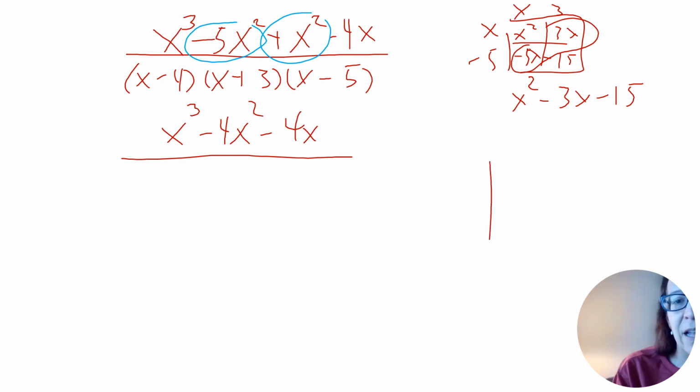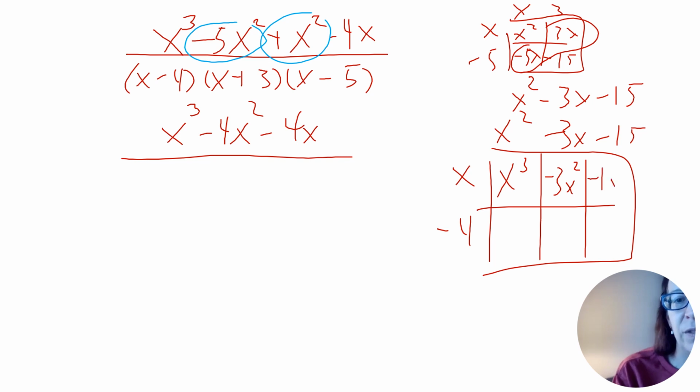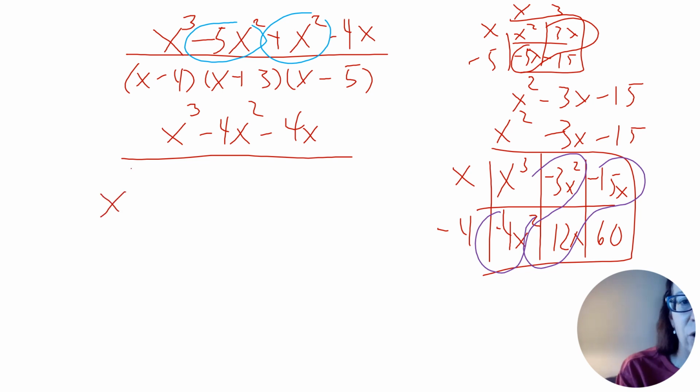And then I'm going to take that, and this is where it's so much fun, multiply that by the x minus 4. And so that's going to give me x to the third minus 3x squared minus 15x, negative 4x squared, what is this, plus 12x, and 15 times 4 is 60. And we have some like terms in there on our diagonal. So we end up with x to the third. Negative 4x squared minus 3x squared is